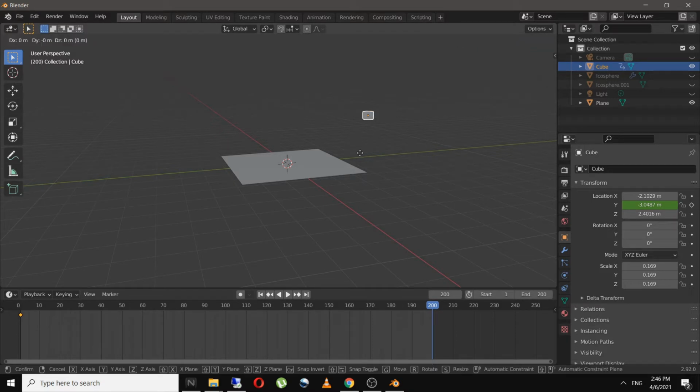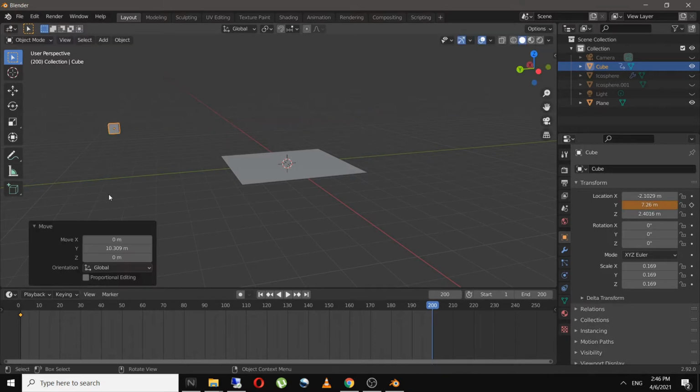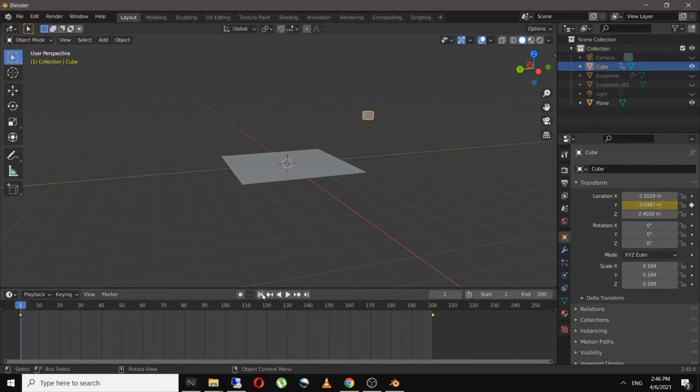So in the 200th frame, I want my cube over here. So as you can see, the Y value has changed and I will lock the keyframe like this. And if you go to first frame and play it, so as you can see, for 200 frames, our cube will move to our final position.